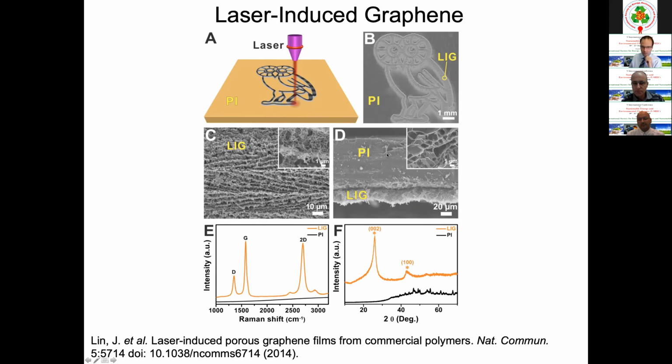And so it was shown first in 2014 by another one of my collaborators, Professor Tour at Rice University. He discovered this new method on polyimide. And so here is a picture of the cross section. You can see that a portion of that polyimide was converted to laser-induced graphene. So it's a way to make a conformal coating, a coating which covers the entire surface. And because it's porous, you can see it's full of pores. And in our department, we're working with porous membranes. It is a very, very interesting material to work with.